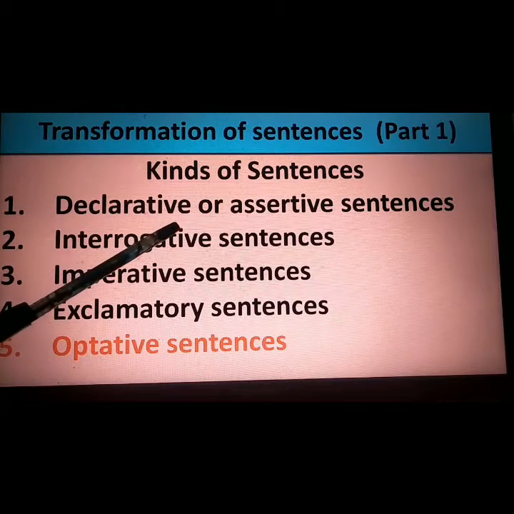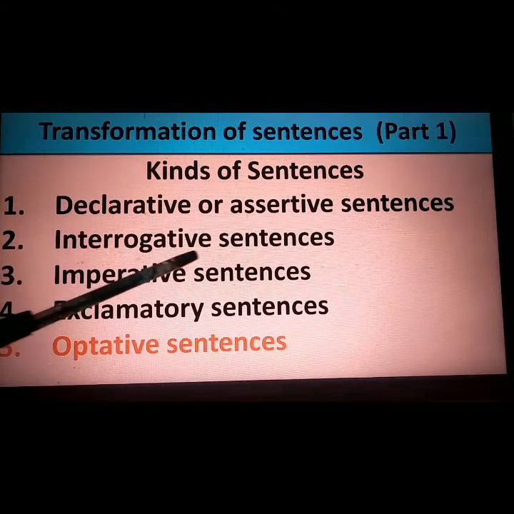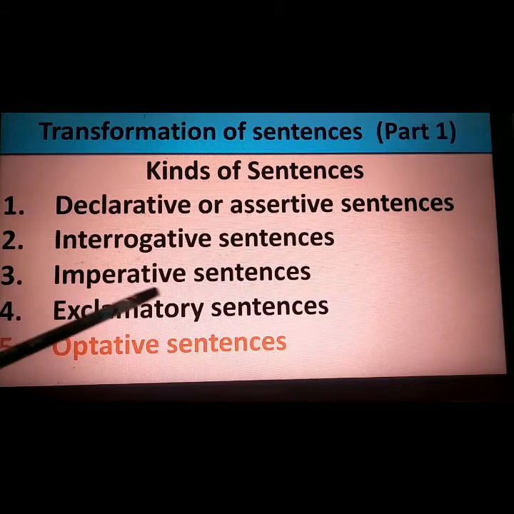There are declarative or assertive sentences. These are statements. Then we have interrogative sentences. These are question sentences. The next one is imperative sentences. These are advices or a command or a request. In all this,